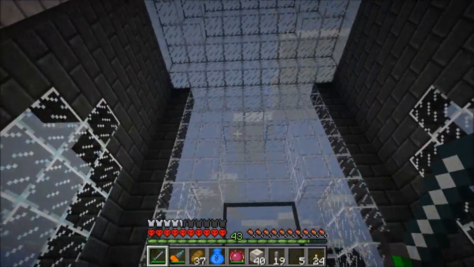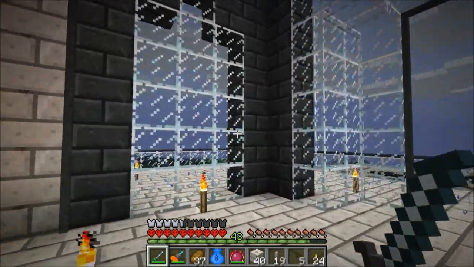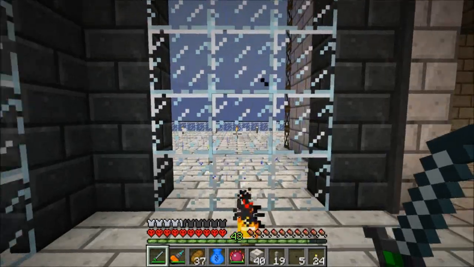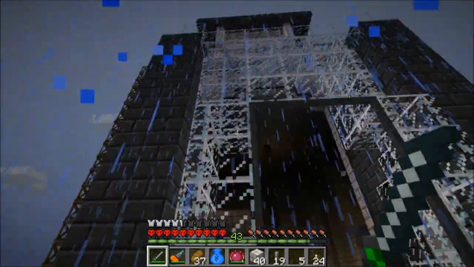So anyway, this is just an exit way, and I was thinking I might put a little door right there, and over here a big exit. And then I wish it was nice and sunny for you, but